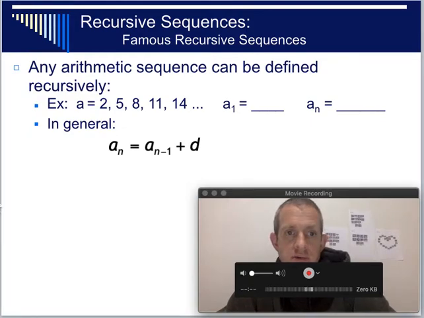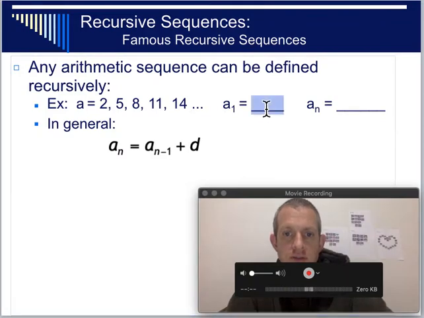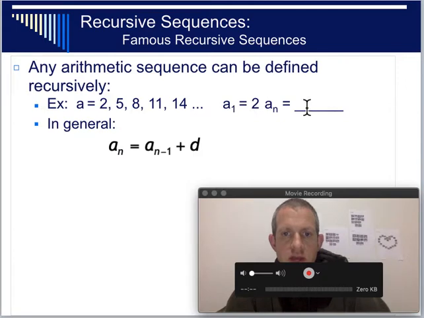First example, we studied earlier, an arithmetic sequence. Arithmetic sequences are where you add the same thing every single time. And so here, 2 plus 3 is 5, plus 3 is 8, plus 3 is 11, and so forth. If you wanted to define this sequence recursively, what you'd need to do is to tell us what the first number in the list is. That's the 2. And then you need a rule based on the previous numbers. How do we get the next one? And so we would write that by saying